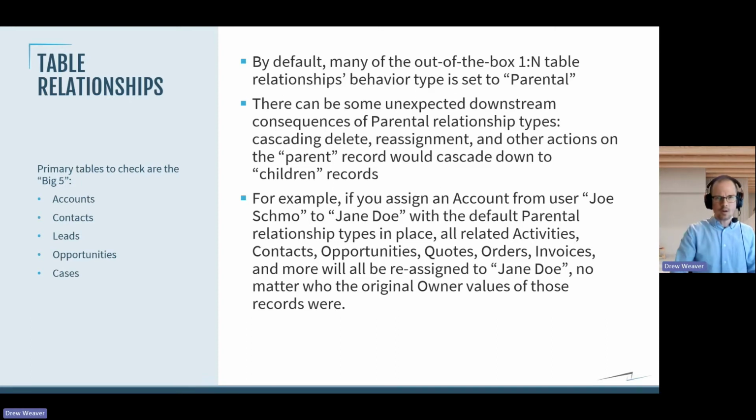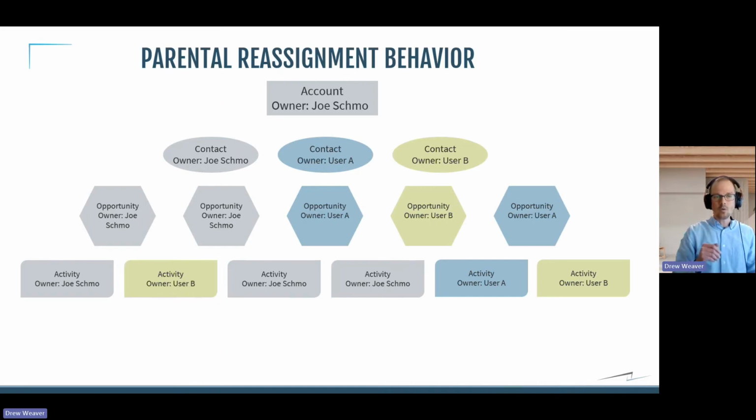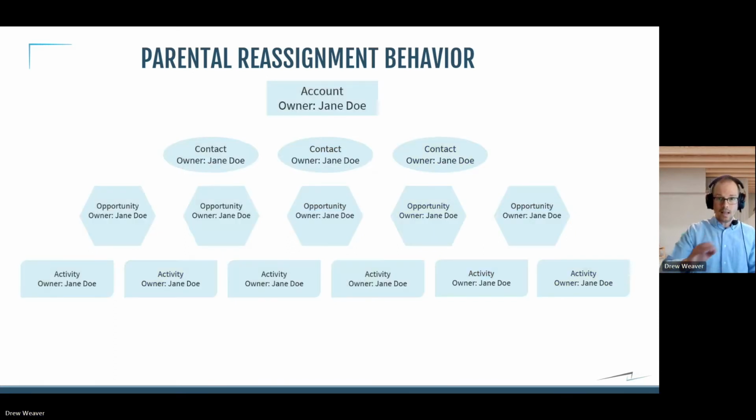So if that's a little bit hard to visualize, let's take a look at what that would look like in practice. So here's a scenario. We've got owner of the account is Joe Schmo, various owners of children records down below. If and when we assign the account from Joe Schmo to Jane Doe, and those parental behaviors are intact, everything down below, not just the account, will be reassigned to Jane Doe. This can lead to confusion and frustration from users. It affects data integrity and data quality because we are kind of losing that history of ownership of all of